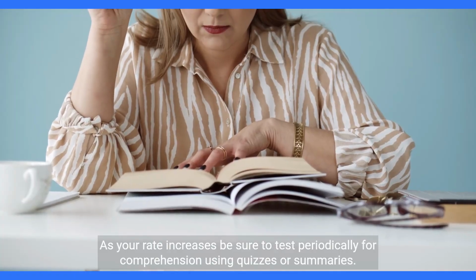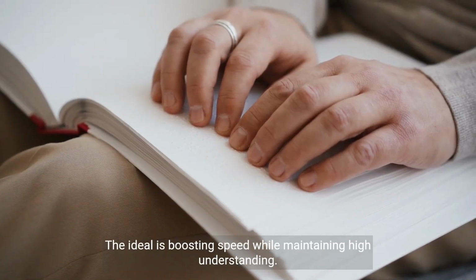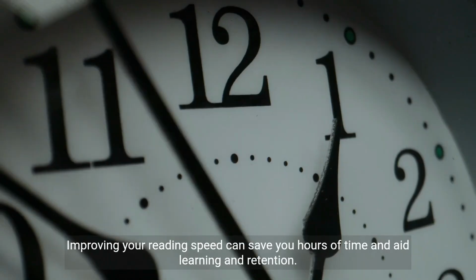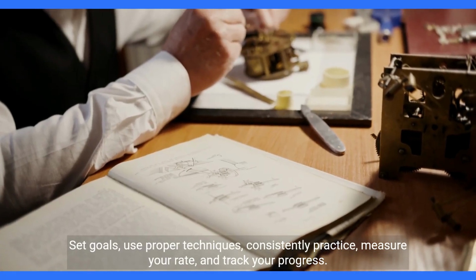As your rate increases, be sure to test periodically for comprehension using quizzes or summaries. The ideal is boosting speed while maintaining high understanding. Improving your reading speed can save you hours of time and aid learning and retention. Set goals, use proper techniques, consistently